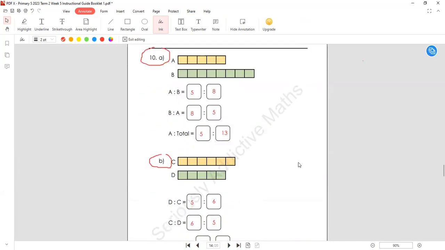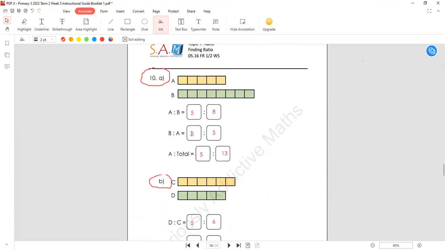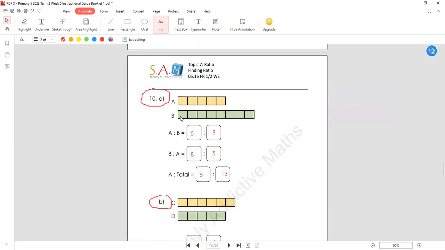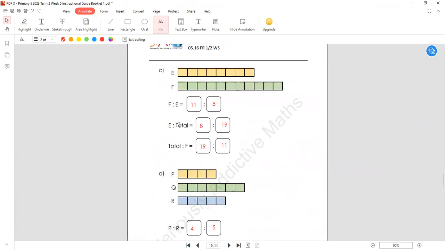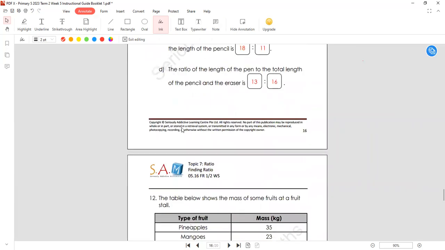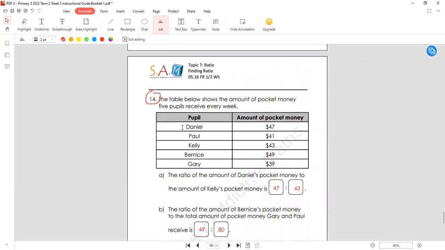Then we do the bar model type. This will be helpful in future when they need to draw bar models to solve ratio word problems. So A:B, 5 units is to 8 units. They write it like that, or they write B to A or A to the total. A is the total. Show them how to do 10A, 10B, then get them to do it on their own. If they're fine, then we can just move on to the last question,